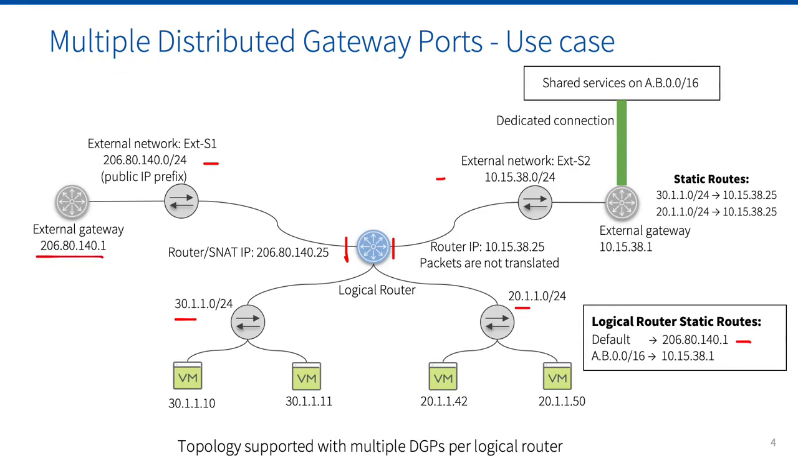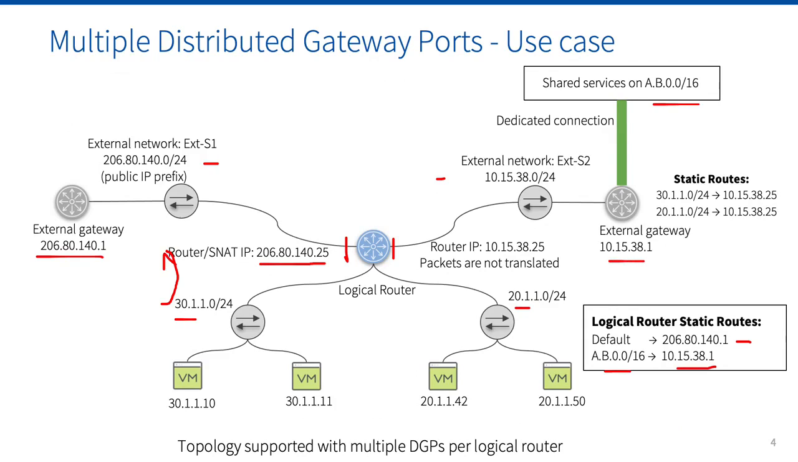When VMs need to send traffic to the internet, the source IP gets translated to the router IP 206.80.140.25. External network ext-s2 allows the VMs to talk with an internal network. This internal network could have some shared services hosted on another data center, or it could have hardware appliances in the same data center. It is represented here as a.b.0.0/16. The logical router has a route with destination prefix a.b.0.0/16 and next hop as 10.15.38.1, which is